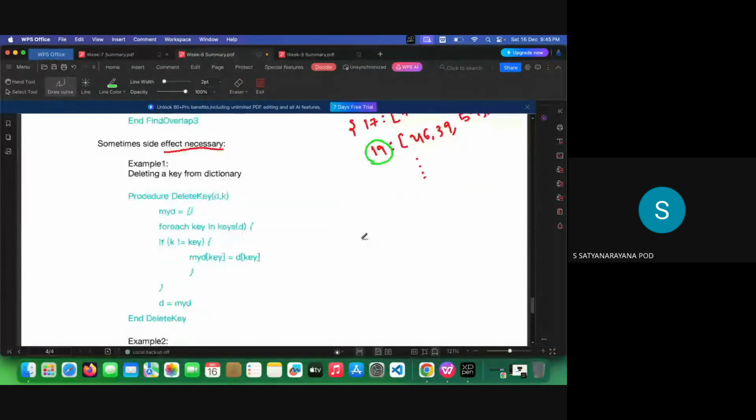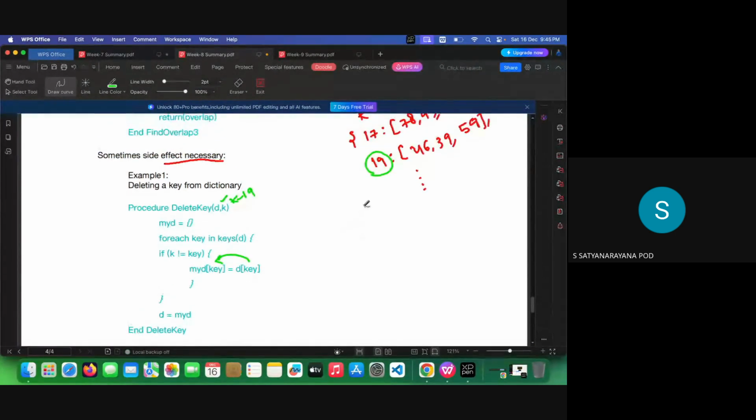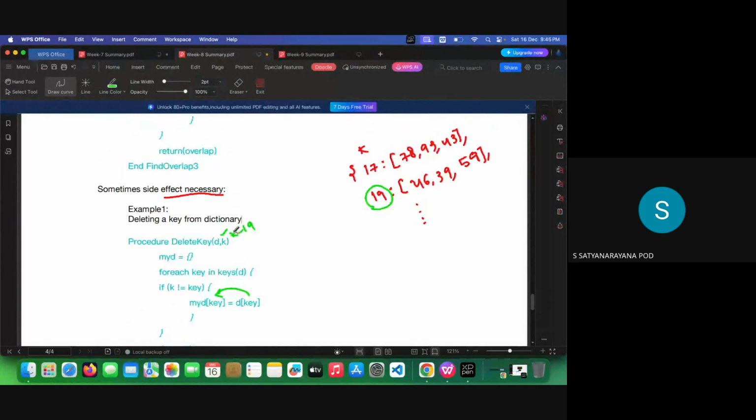So what I'll do is traverse each key in the dictionary. If the key is not matching the key I want to delete, like key number 90, so my k value is 90, then at that time you get a copy of it. So you're trying to delete K 19; 17 is not matching 19, maybe 18 is not matching 19,